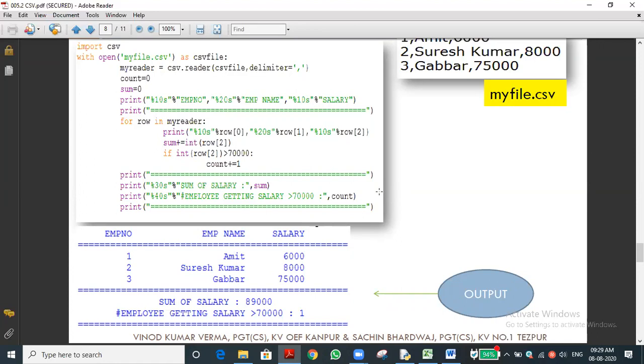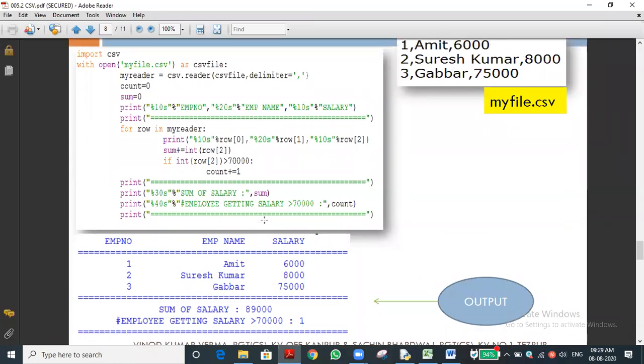Very easy. We are not writing a mega code for this, just a 2-line code. You can see, as usual, we are writing in Python. There is no difference. We are simply using an if condition, adding the sum value, and checking whether it is greater than or equal to 70,000 or not. Isn't it easy? Could you all understand? Yes, sir.